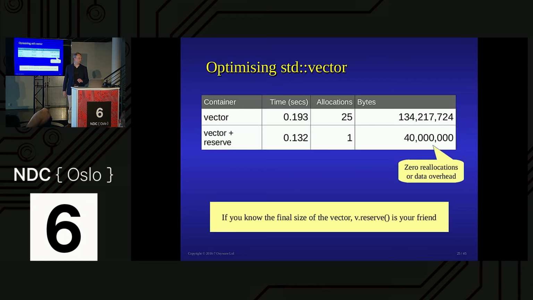We can optimize it. Vector, instead of the 25 allocations, I can reserve it. And that now says, right, okay, I can reserve 10 million, and I get 1 allocation. And notice I get that improvement here. And it just has exactly the right amount of memory. Rather than 64 megs, it's 40 megs. So reserve, one well-known way to use vector. It's also safe. It's safer than just saying it's an array of this size, because if you now push an extra element, it will still work. It just has to go and reallocate. It just saves you the time getting there.